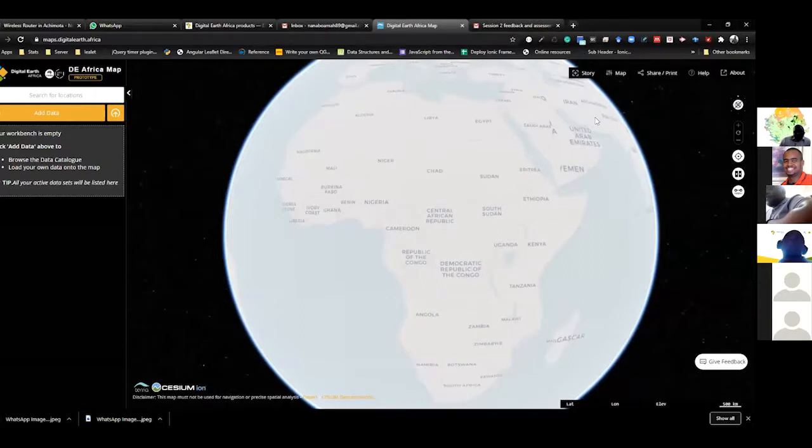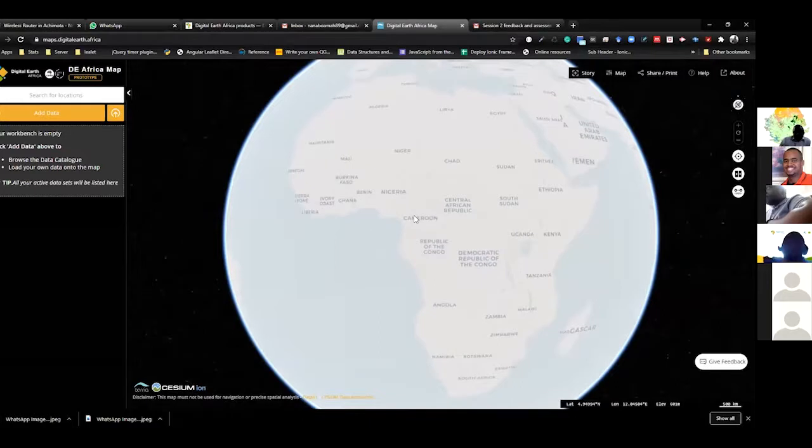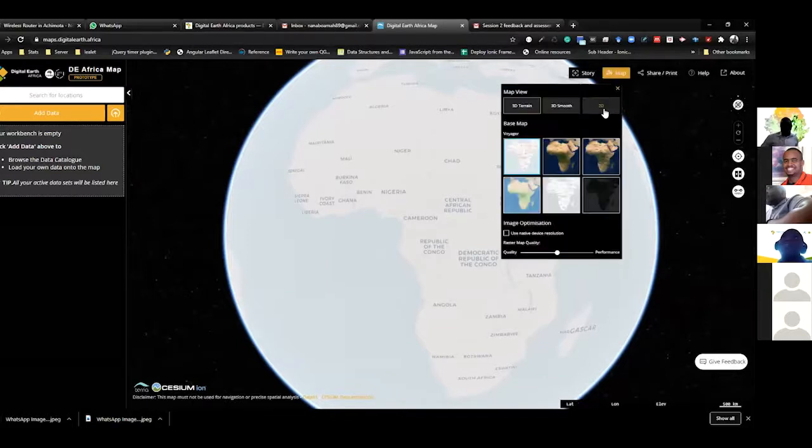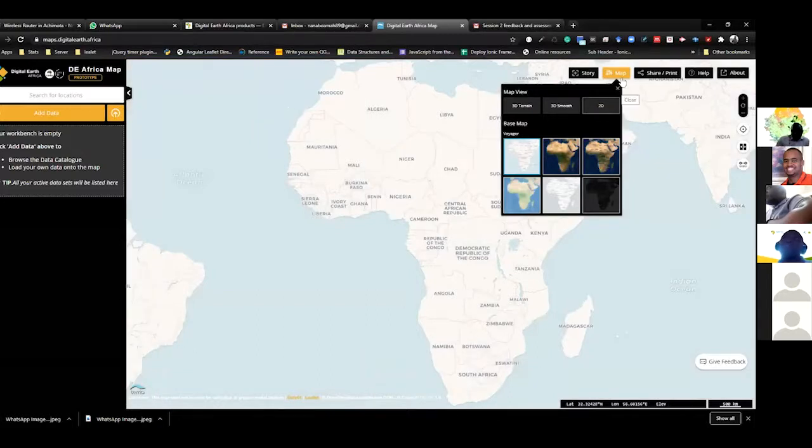So normally when you load the map, it comes with a 3D globe for the whole world. But due to our internet, sometimes I prefer to use the 2D, which makes it load faster. If you click on the map tab, you will see that you have the 3D terrain, 3D smooth, and 2D. So normally I change it to the 2D, which makes it easier and faster.